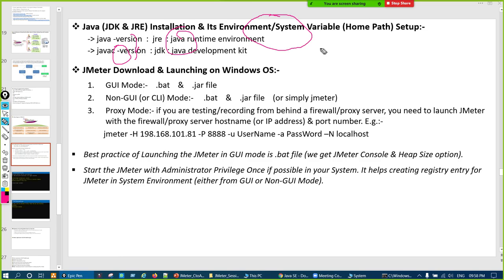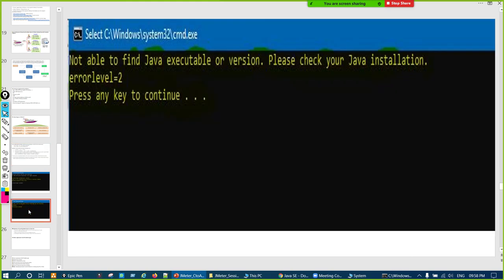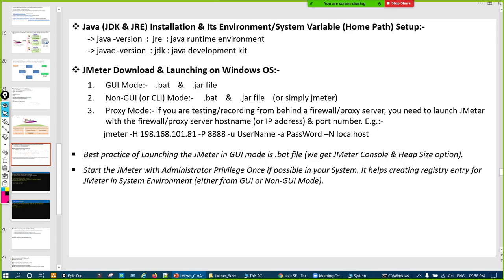It's a mandatory thing to do, because without that, let us say if Java is not there or the Java system variables are not set up properly, you will face many errors. For example, if Java is not there and you try to open JMeter, it will throw an error like this. So Java is mandatory, and setting the environment variable is also mandatory. We have seen how to do it, and how we can verify it using this command and this command, right?